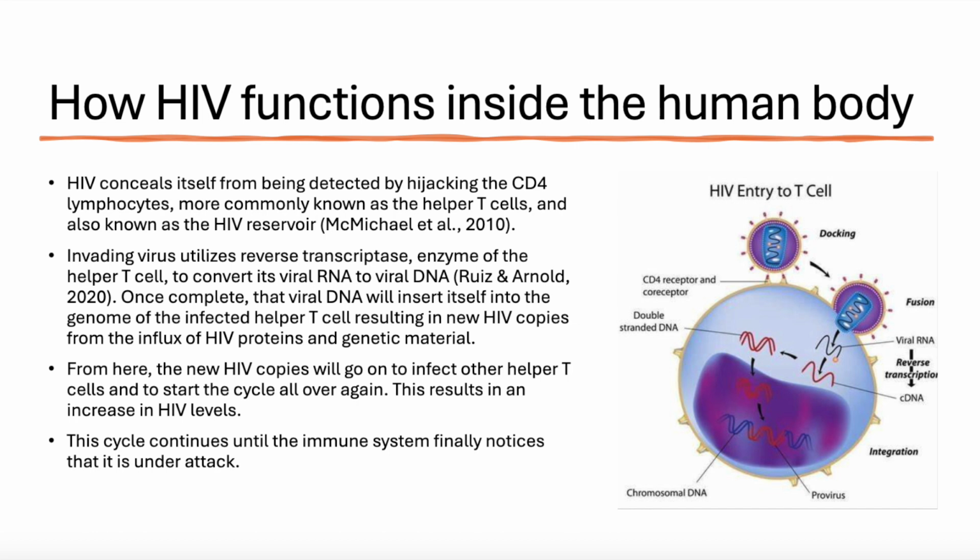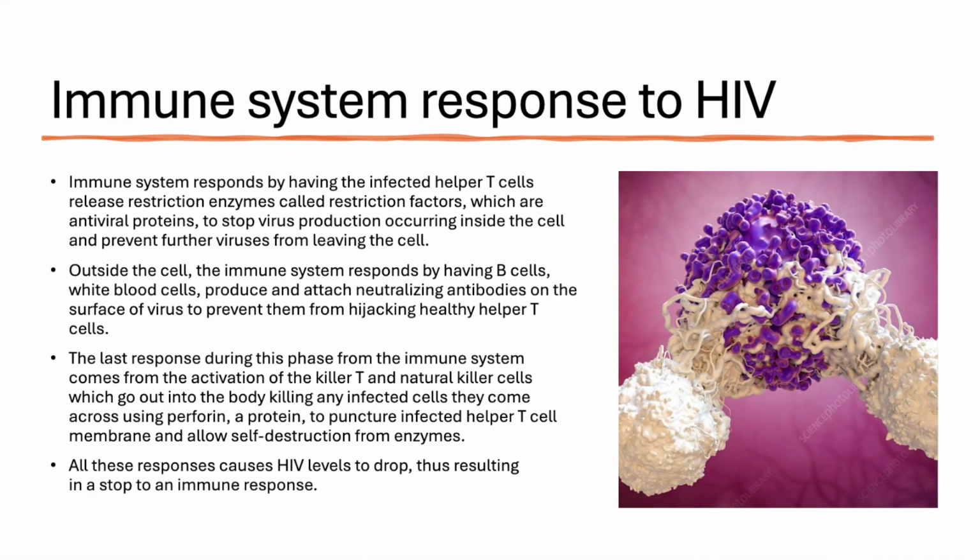resulting in increased HIV levels. So once the immune system realizes that it has been invaded by a viral infection, which is HIV, it goes into a response mode. In this response mode, it first starts off by having the infected helper T cells release restriction enzymes called restriction factors, which are antiviral proteins to stop the virus production occurring inside the cell and prevent further virus from leaving